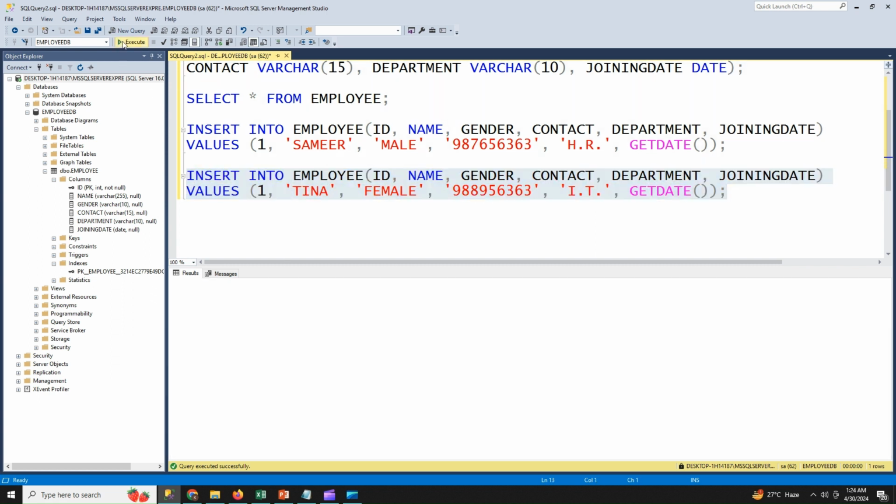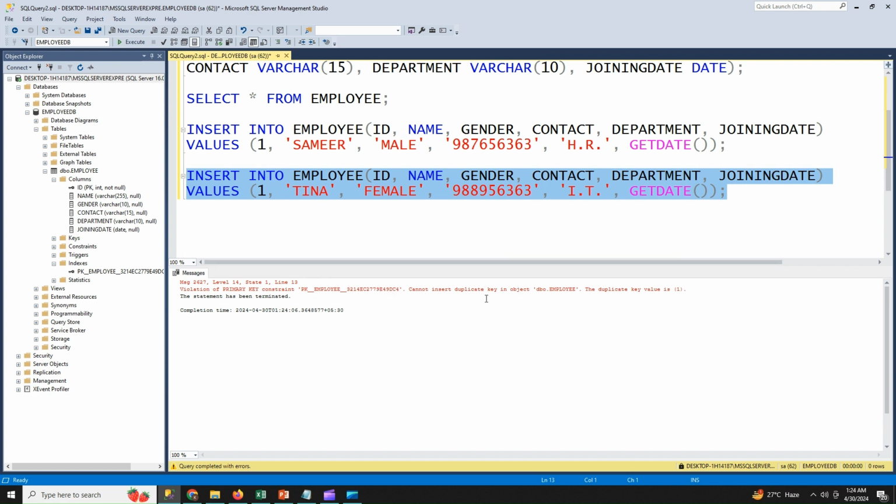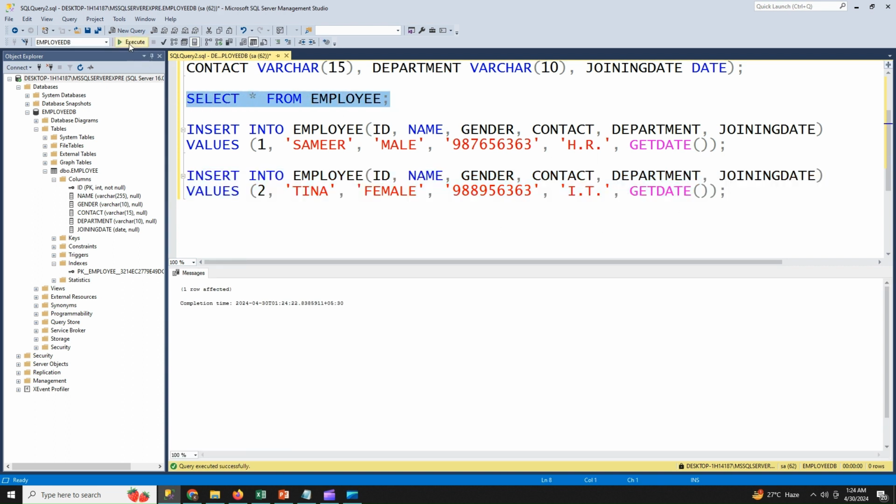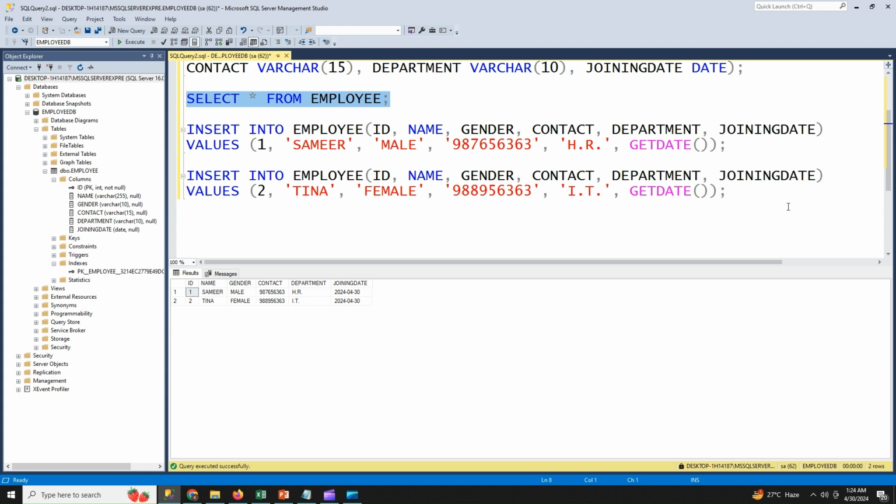So let's see what will happen. So I got an error, cannot insert duplicate record. So we have to pass a unique value for the ID column which is mentioned as the primary key. So we'll check this one. Okay, the record has been inserted.